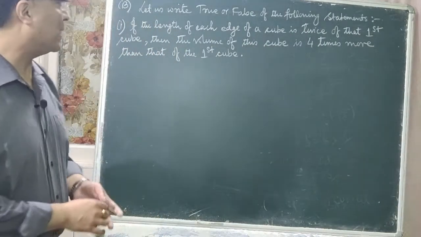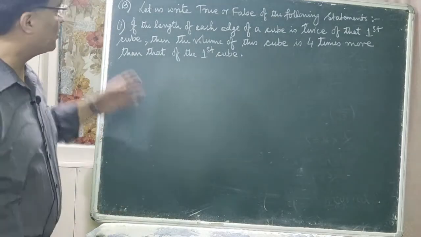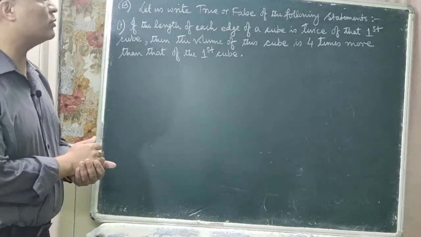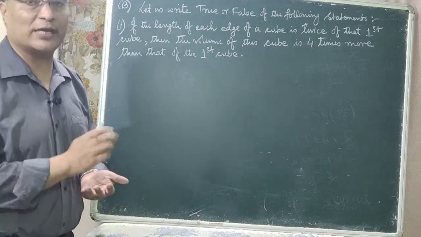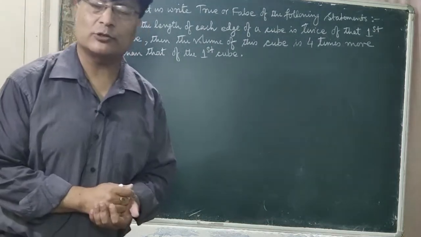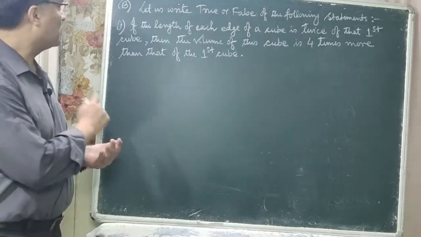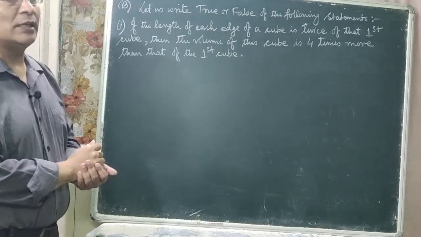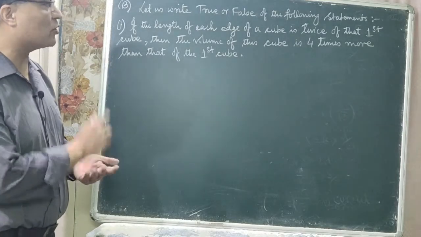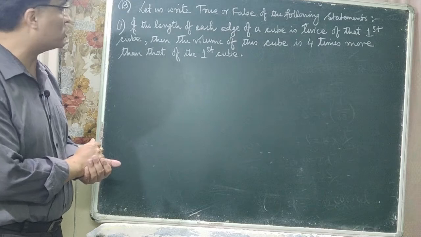So now we'll do another type of question, that is number B. Let us write true or false of the following statements. You have to check whether the given statement is true or false. Okay. So B number 1 is, if the length of each edge of a cube is twice of that first